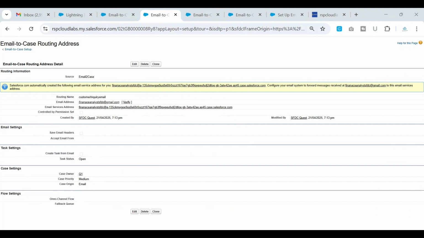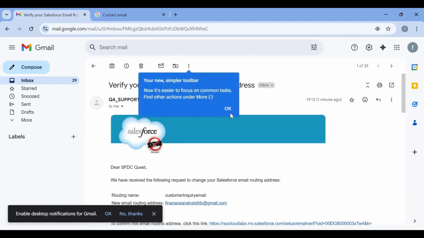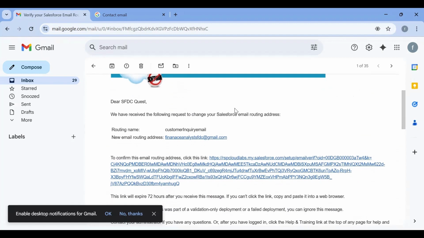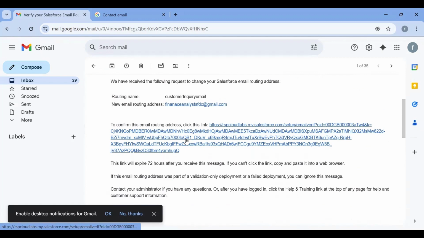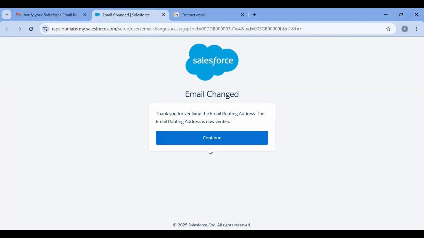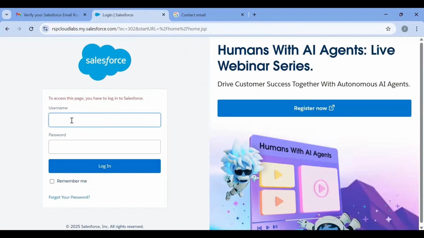And there is one more step that we need to do, and that also impacts your access to that mailbox or the inbox. So I just opened another tab, in which we see the email coming from Salesforce for us to verify. If you see here, there's an email that came from Salesforce saying verify your routing address. It says click on this link to confirm. So I'll just go ahead and click that,